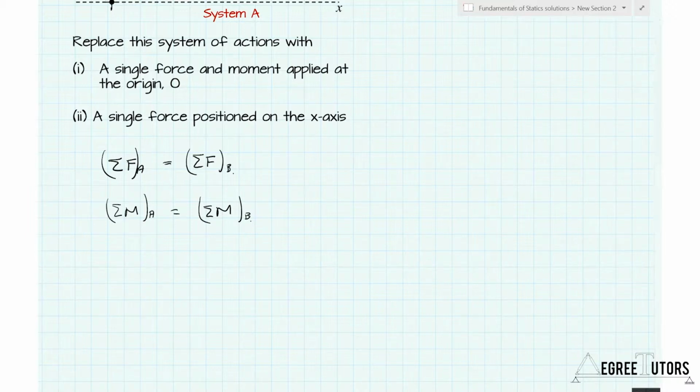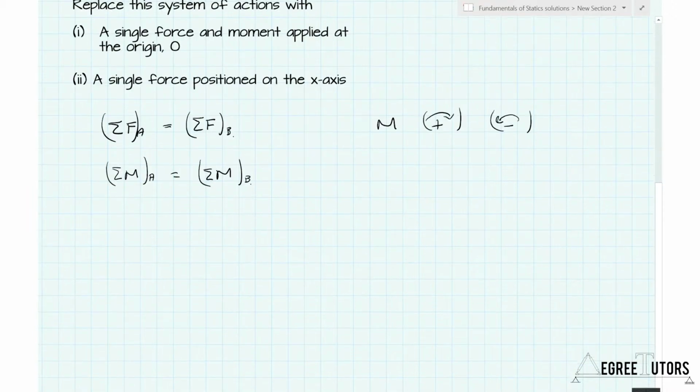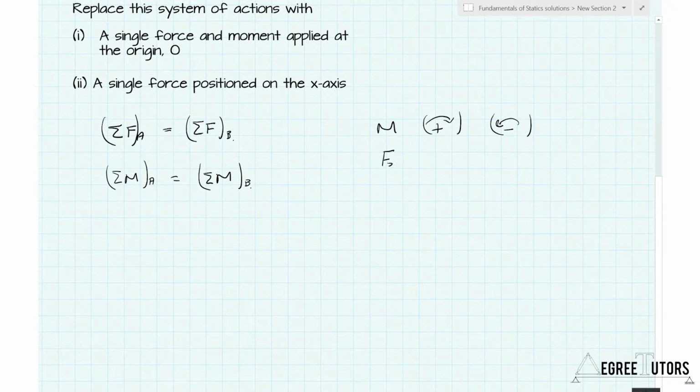Now, it's worth stating at this stage our sign convention. For moments, a positive moment will be a clockwise moment and a negative moment will be an anti-clockwise moment. For forces in the x direction, horizontal forces, forces to the right are positive and forces to the left are negative. And for forces in the vertical direction, forces upwards are positive and forces down are negative. Okay, so it's important that we have a good, clear understanding of our sign convention